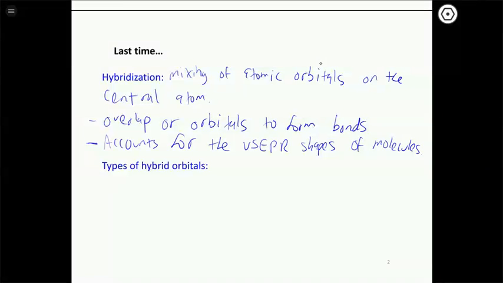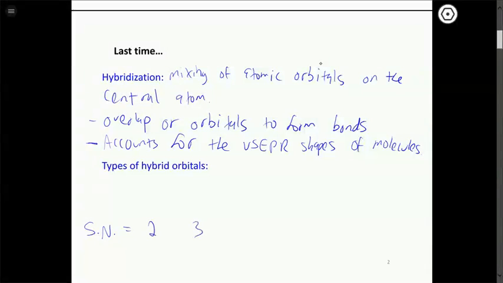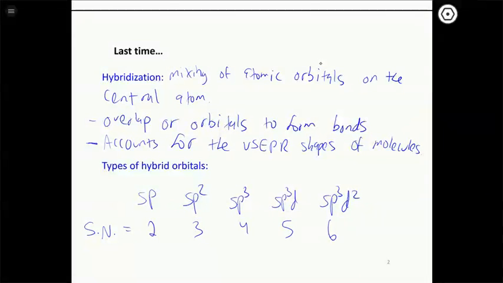And then we saw last time that there's basically 5 types of hybridization we'll see, and it really depends on the steric number. So the steric number being the total number of electron groups, which we know can range from 2 up until 6. That's as high as we're going to talk about, and really as high as you'll see in real molecules. And each of these then correlates with a specific hybridization: sp, sp2, sp3, sp3d, and sp3d2. All right, so if we know the steric number of our central atom, the number of electron groups that are around that central atom, we can then predict the hybridization very easily.